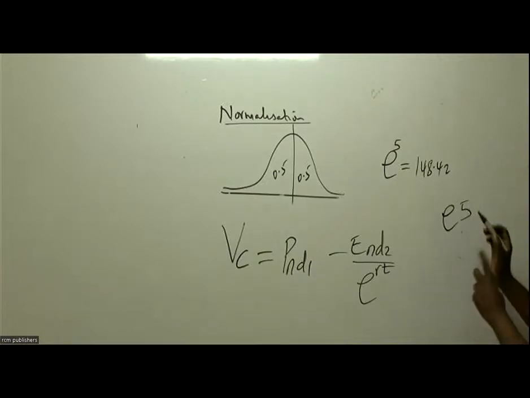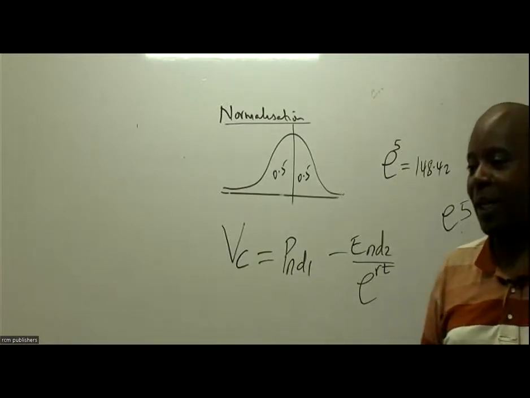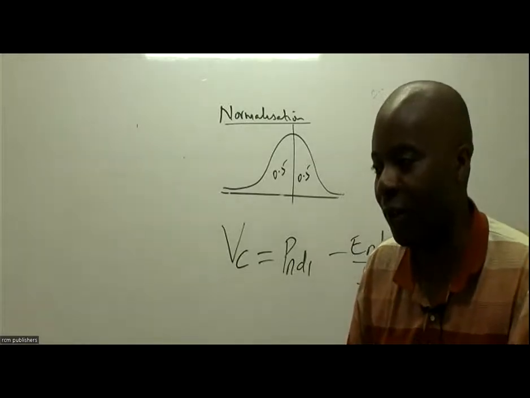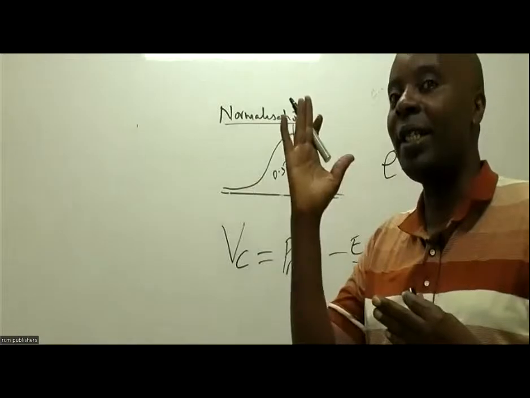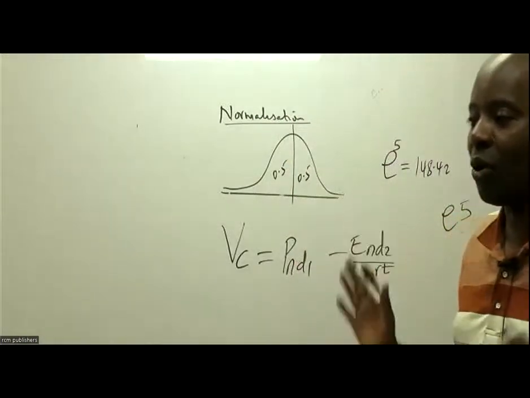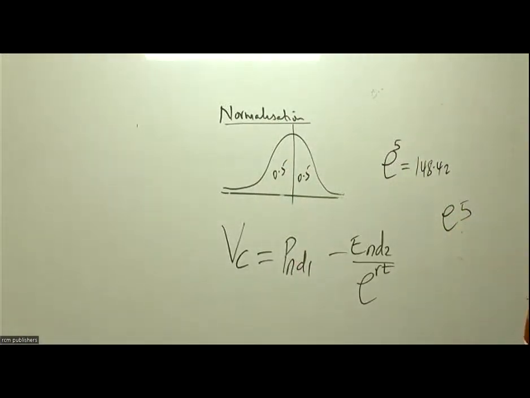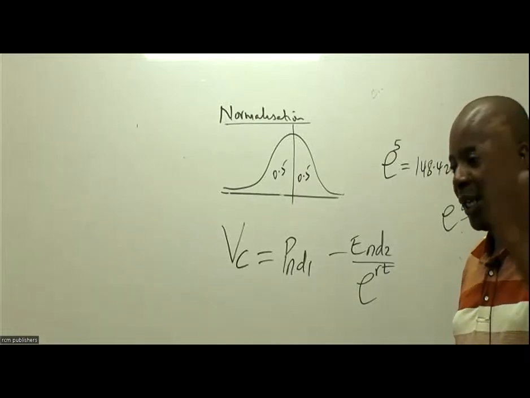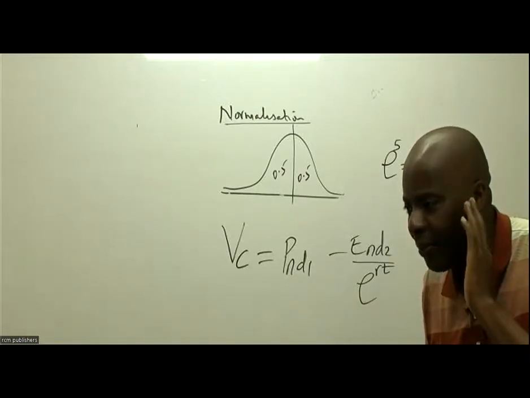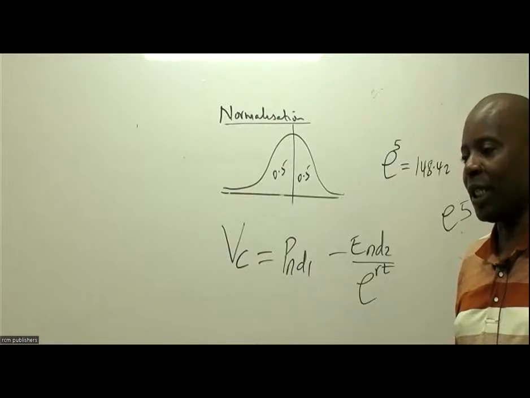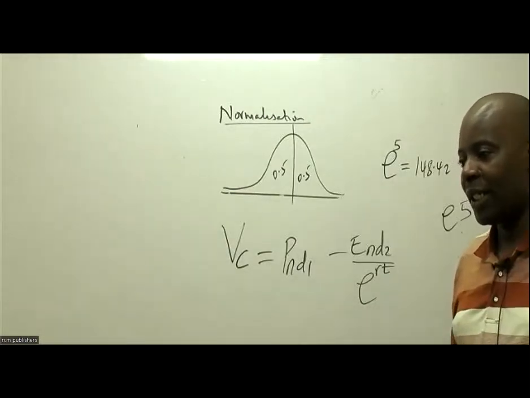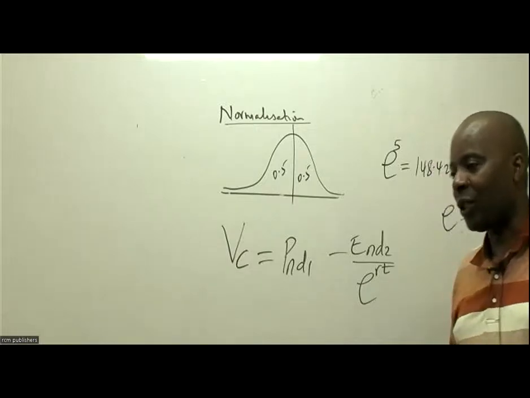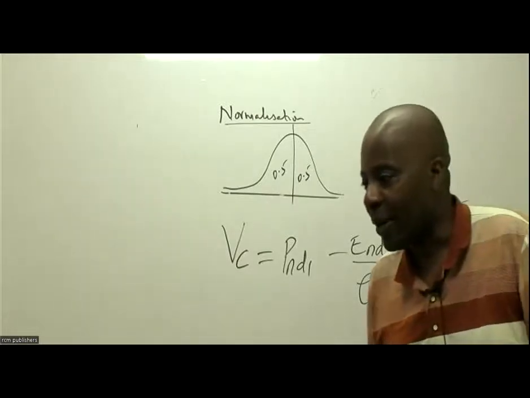And then, ladies and gentlemen, in this case, what do you do? You just type 5 down there. Don't raise again, because that e normally comes raised. Don't raise again and then you say equals. Is there somebody who has now been able, Matthew, if you tell me you've been able to get that 148 point something, I'll be very happy. David got it. Ryle, have you been able to get that 148? Thank you very much.